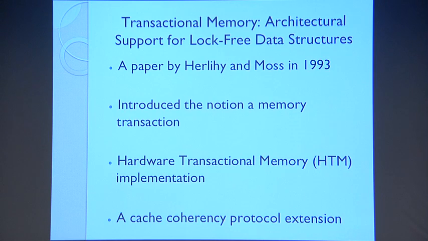And the first idea of transactional memory was given by Herlihy and Moss in 1993. So this is before we had multi-cores, yeah. So their idea was to use this for a multiprocessor architecture where you had many processors, many CPUs on the same board. And they actually proposed something that's called hardware transactional memory, an HTM, that extends a given cache coherence protocol that is basically used in many